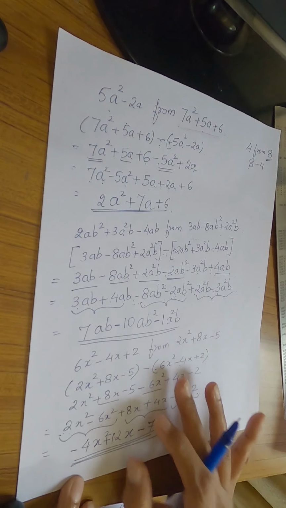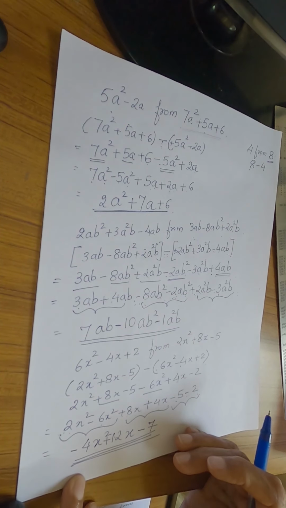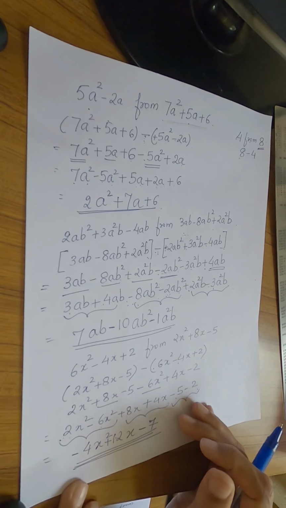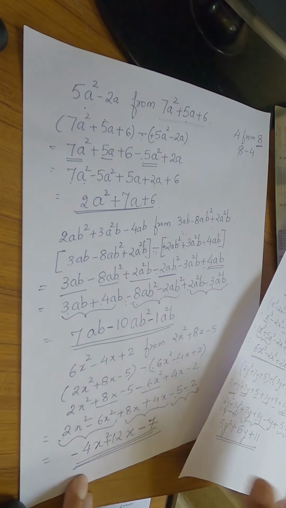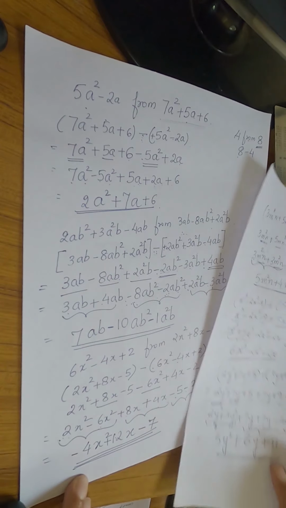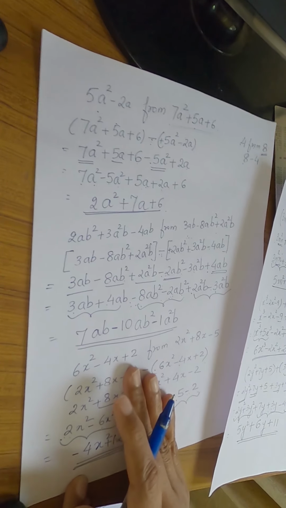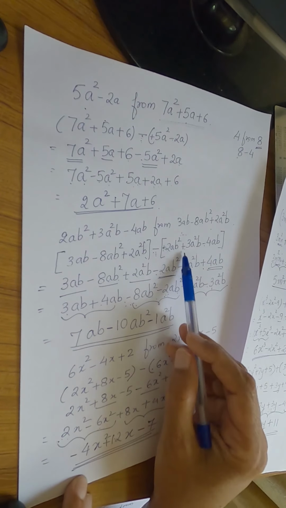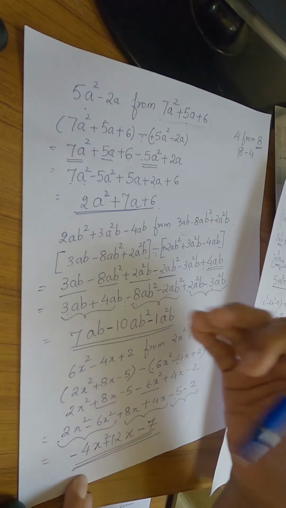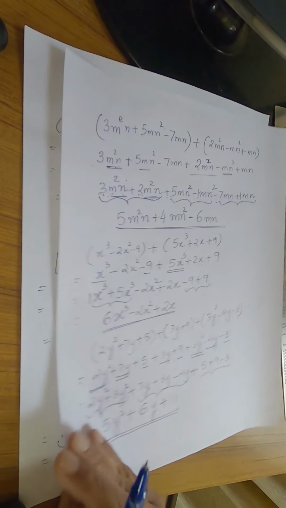So I hope you have understood what polynomials are, which algebraic expressions can be called polynomials, what characteristics are required, how to do addition of polynomials, how to do subtraction. The important thing that you should remember is only changing the signs when you are doing subtraction, and the rest of the method is same as addition.